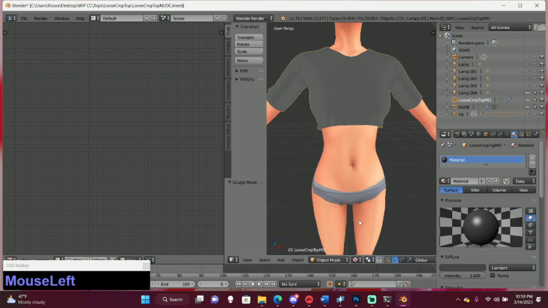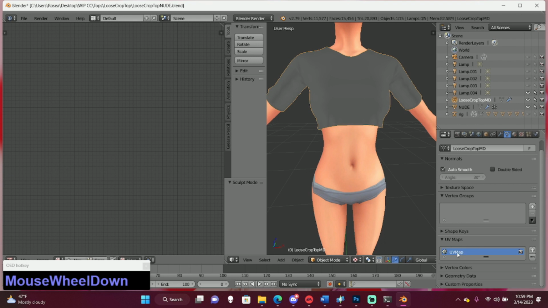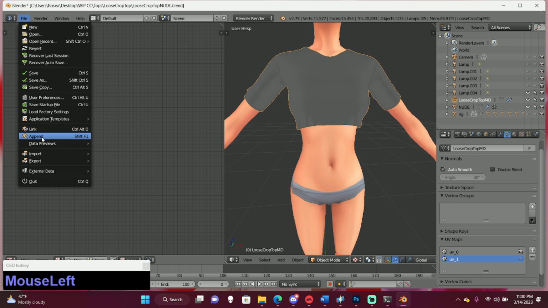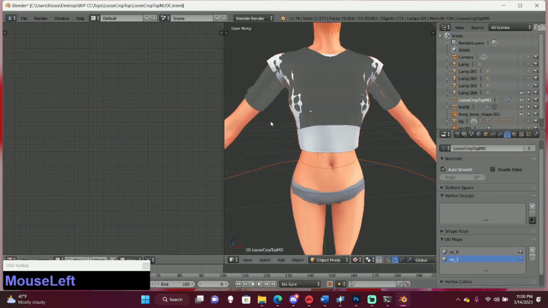Alright, now we're going to go over here to this triangle. Double click this and change it to UV_0. Drag this down. Click the plus and then UV_1. Then we're going to File, Append. We're going to grab our reference, Object, studio mesh.